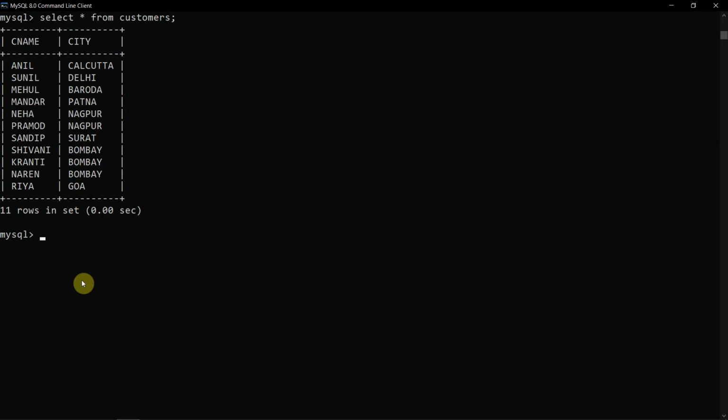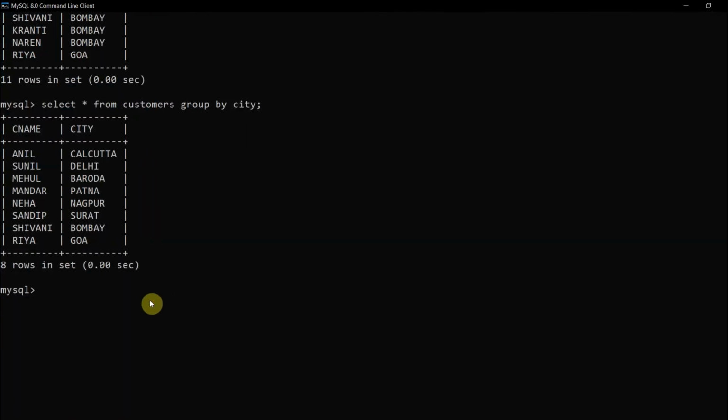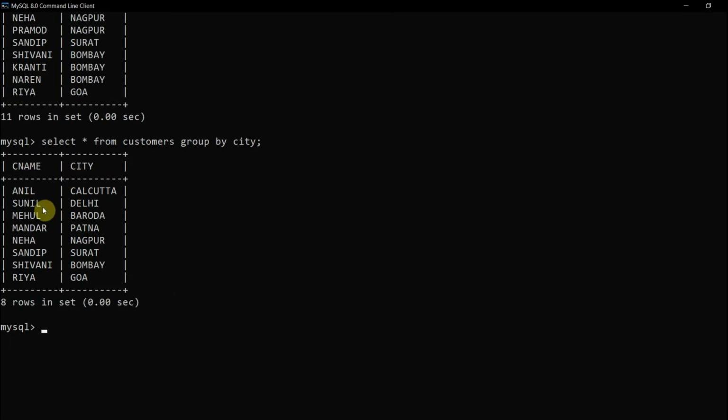So let us see the query of it. So here I have written SELECT * FROM customer, so I'll get the table, right? GROUP BY city. So it will group the particular table according to the name of the city. Now if we see here, it is giving us only the city name, which is written only once, right? And also the data, suppose here Bombay is only written once.